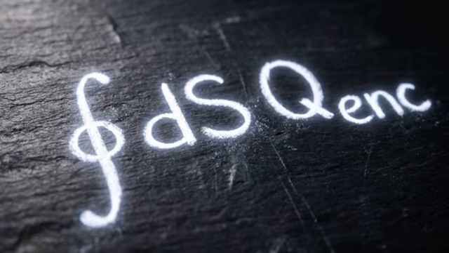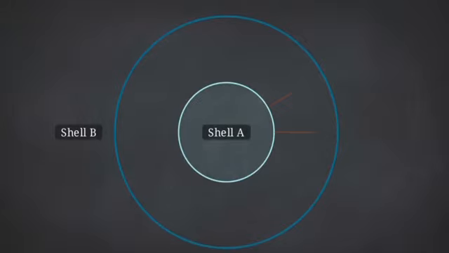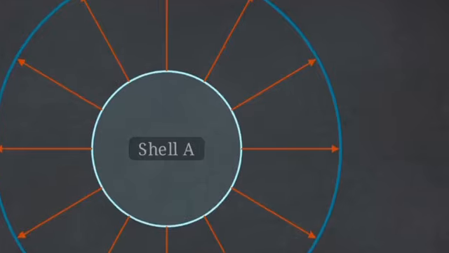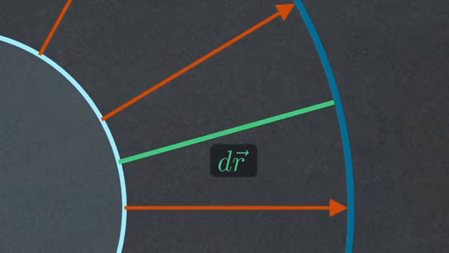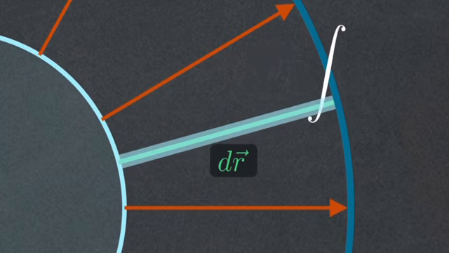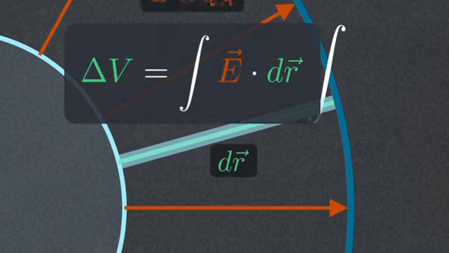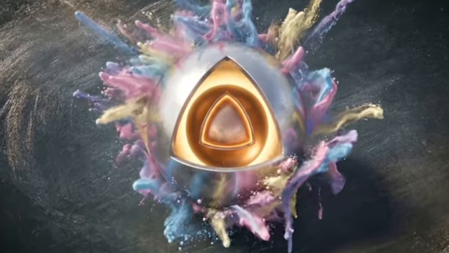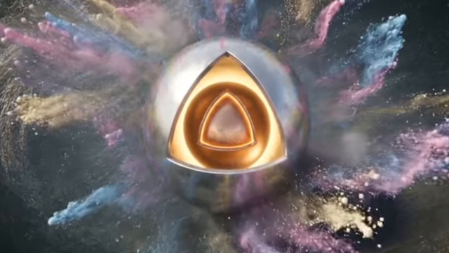This algebraic cancellation reflects a deeper law of electrostatics. The electric field in the gap is produced only by the enclosed charge, shell A. The outer shell cannot produce an electric field inside its own hollow interior. Since potential difference is the integral of the electric field over that distance, the outer shell has no mechanism to change the voltage. While an outer boundary changes absolute potential, it cannot shift the internal gradient. The difference is always